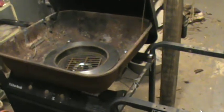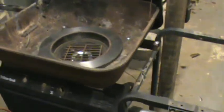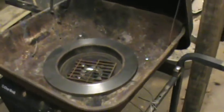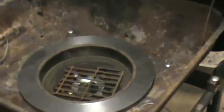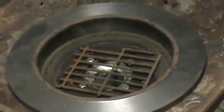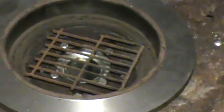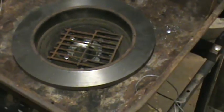And I've started up building me a portable brake drum blacksmith forge. I built it mostly out of scrap. The brake drum was given to me by my mechanic that does my mechanic work, Rick's Exhaust here in Poto. He's a pretty good mechanic for doing different things, but anyway, he gave me this brake drum